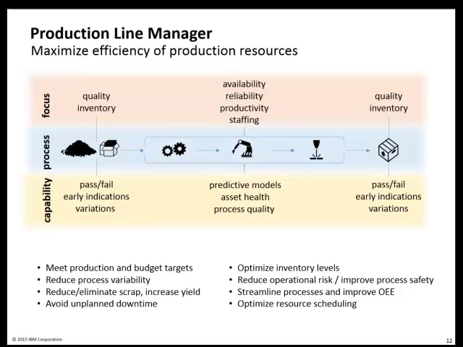And again, here we've outlined it in the capabilities of, in the 3 categories of focus, process, and capability. The production line manager is concerned with the quality of the raw materials coming into that process. Do they meet the required specifications? Are they substandard? If so, how do we identify that with our quality analytics and eliminate those from actually entering